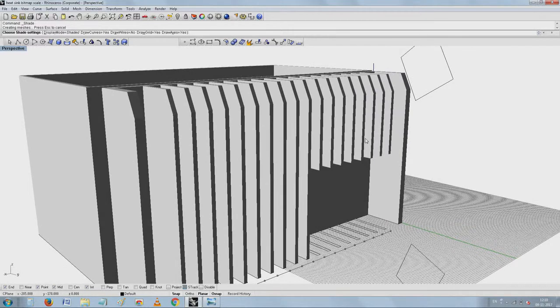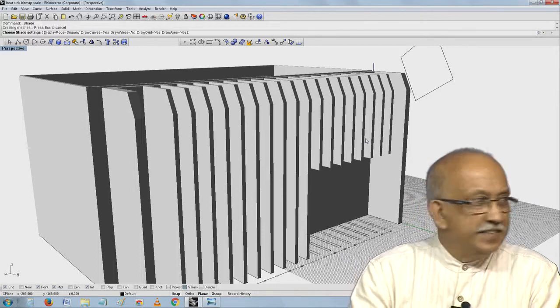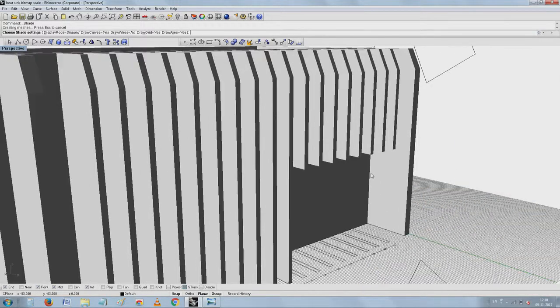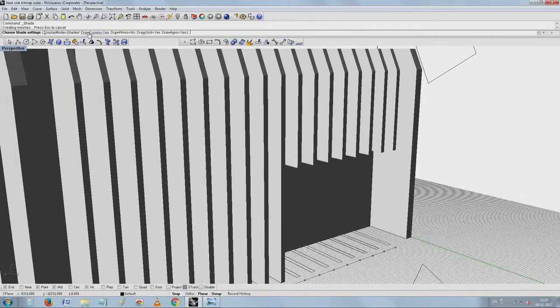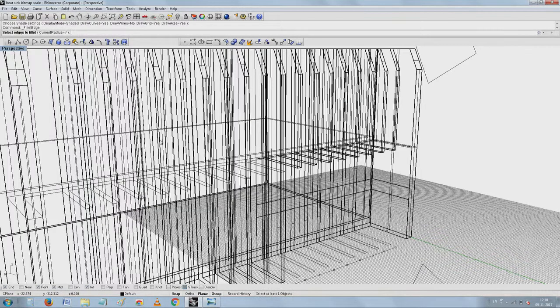See, now I have got a much more presentable and smoother, easier way of managing my profile which I have started. So, this can continue. Otherwise, you also have solid things, like if you go to solid editing, we also have things like filleting the edge and so on, fillet edge, and then I make a 6 mm fillet.